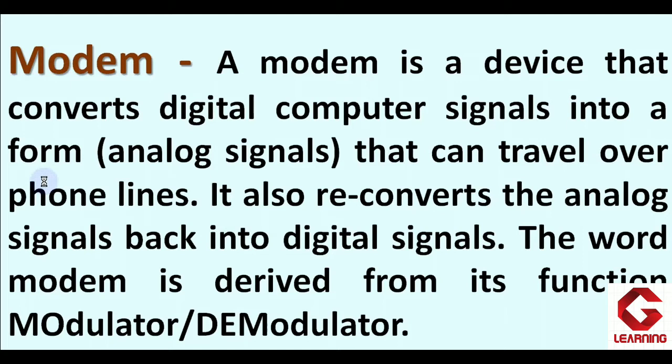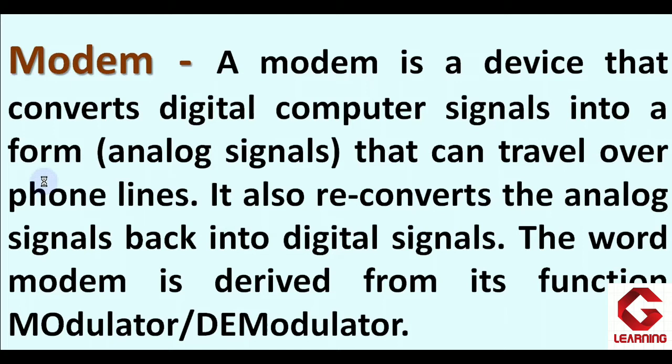This modem device is converting digital signal into analog at the sender end. Now at the receiver end, as that receiver is getting the internet connection through telephone line, the receiver computer is also getting analog signals, but the computer is able to accept only digital signals. So again, at the receiver end also one modem is needed, and there the modem is converting analog signals into digital signals.